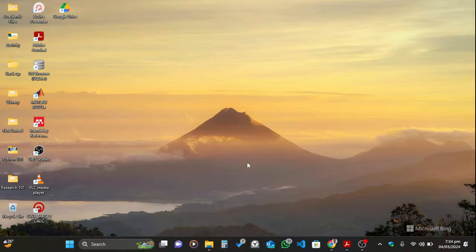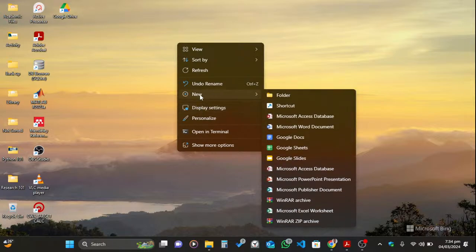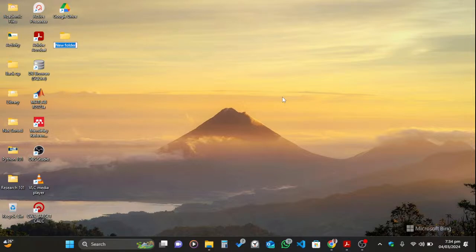When computers came up fresh, I could do this. I could right click, and when I right click, what I see here are all graphics. Now I can go to new and click on new folder, and then I create a new folder. Likewise, I can